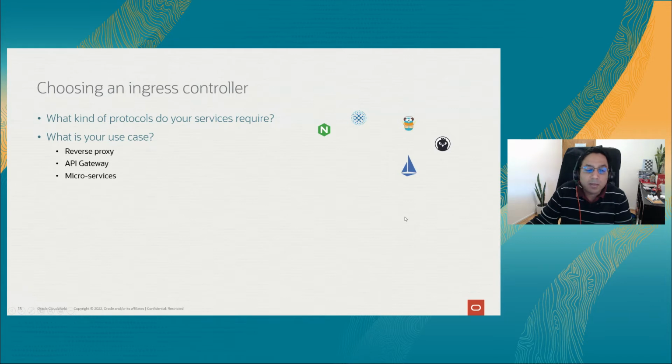If you are more angling towards a microservices kind of deployment, typically the one which is based on Envoy, in this case Istio's service mesh, which is based on Envoy, tends to be favored among developers. Or you might have some other need, maybe it can be mandated by